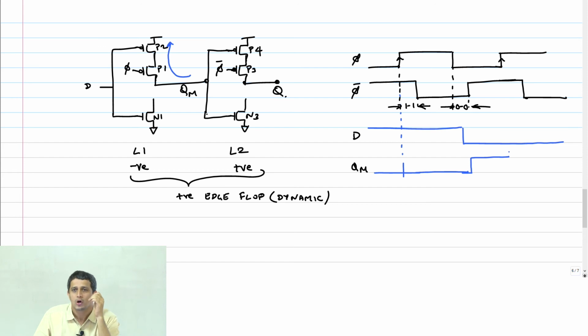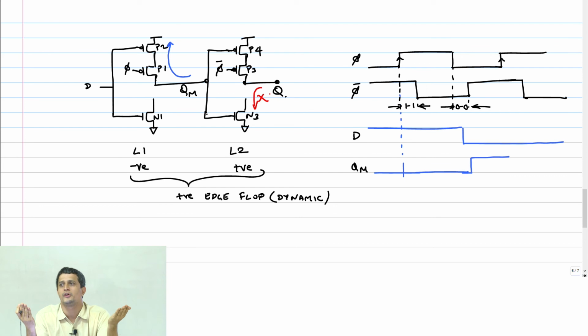No. Why? Because I need to discharge through the NMOS transistor and there is no pull down path here. Right? So on the non-sampling edge, nothing goes through.